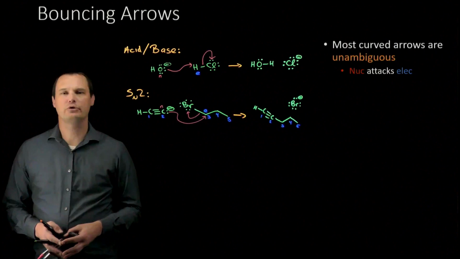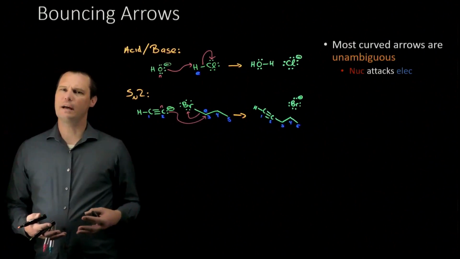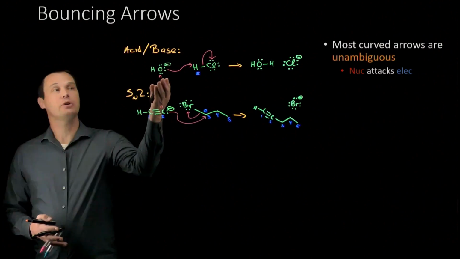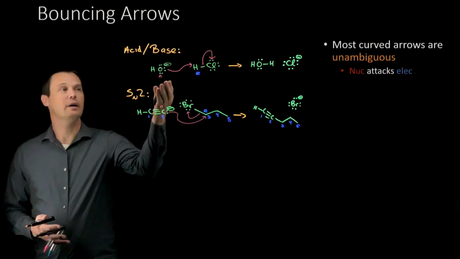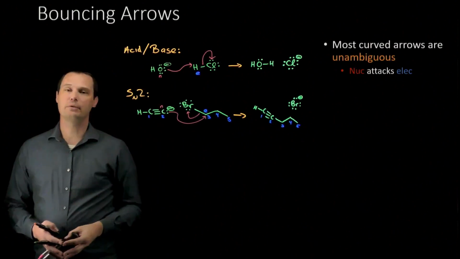When we draw organic chemistry mechanisms, we use curved arrow notation to show the flow of electrons. Most of the time, the curved arrow notation is unambiguous about what it is representing. Curved arrows start at a place of high electron density, nucleophiles. They point to a place that lacks electron density, electrophiles, clearly showing which bonds are being formed and which bonds